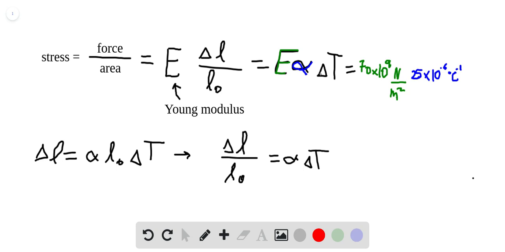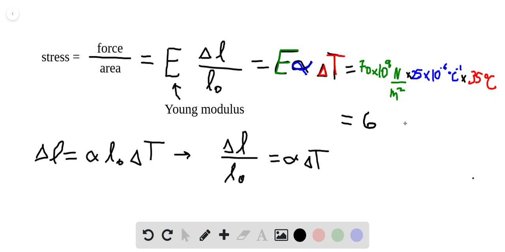Okay, and now the delta T is specified in the problem, and it is 35 degrees Celsius with multiplication signs between all of those. So the Celsius units cancel out, and what we end up with is